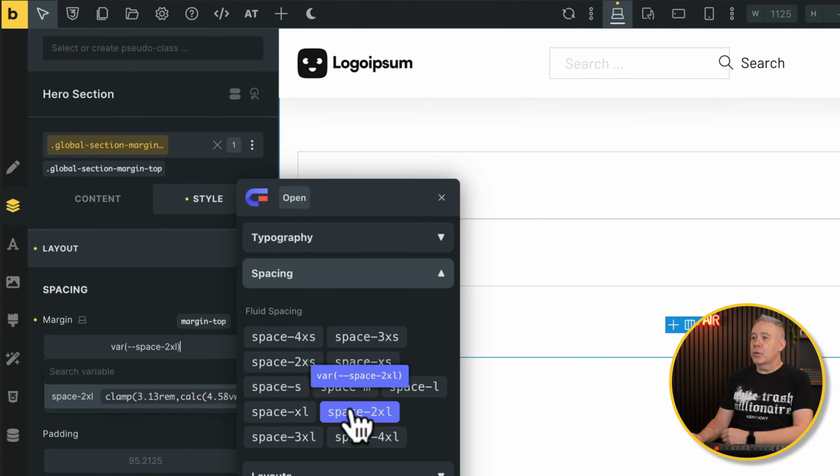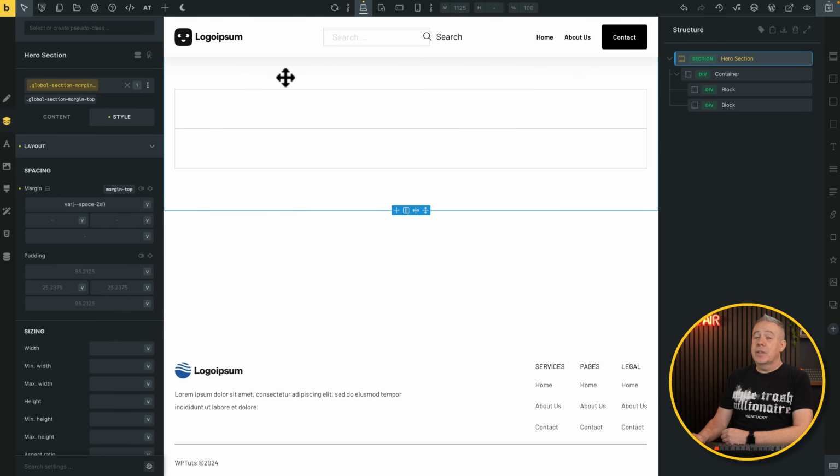We're going to set this to be 2XL, which is defined, like I say, in Core Frameworks. And now we've got this space at the top. This means that we don't have to remember the values we've used inside there. All we need to do is apply this class at any point to any other section we add in, and that will add that